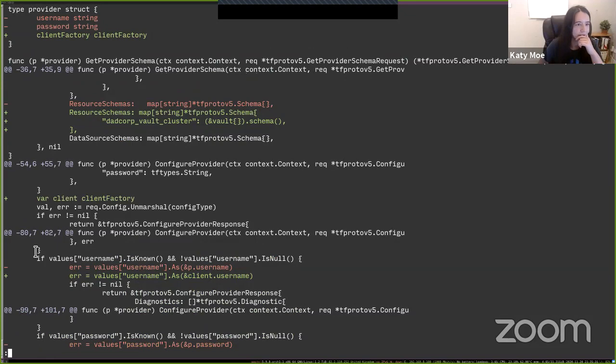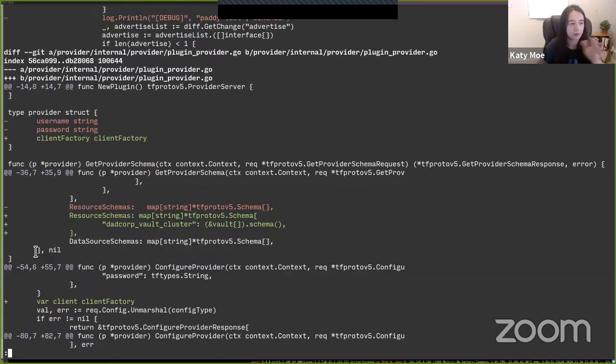Okay, so the first thing we're doing here, if you remember from what Paddy said, we've introduced this muxed provider idea. And that basically just means that we can field requests for resources in either the old provider or the new provider, the old SDK provider or the new Plugin Go provider.